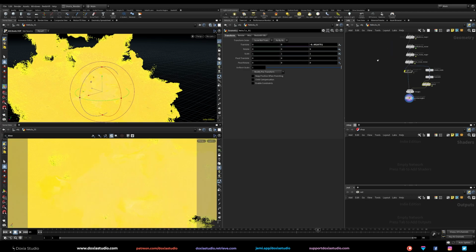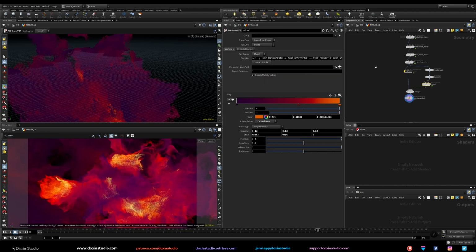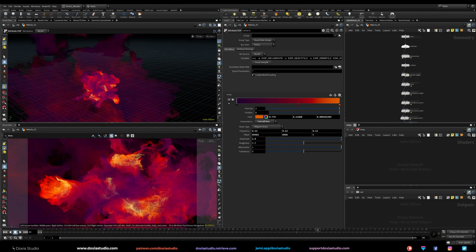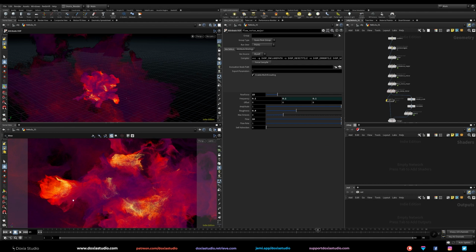I really hope you enjoyed this one. Just to keep it simple, let's recap everything. We created a box, we created a volume. We created a noise like a cloud with the volume VOP, scatter points, and saved the starting position so we can tweak the colors after all the turbulence. Give those major turbulence just to break the box form and get that initial shape. And then add flow noise so we can get those veins that are really typical on a nebula. That's really different, as I showed you.